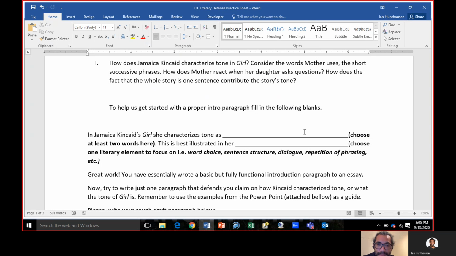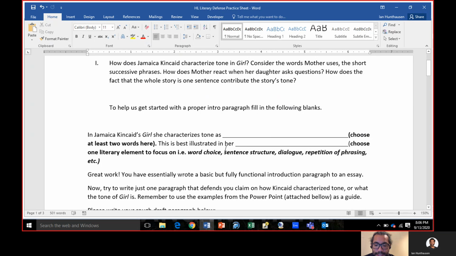We did have some discussion about it. We had the short answer questions that we answered. I don't remember if that was one where everybody did it and I just selected certain people to answer it, or I assigned certain people questions. But either way, you should have them all filled out, because when people are answering them, you should be filling those out too. So it shouldn't take you much time to actually figure out what we decided the tone of "Girl" was, or to figure out a tone for "Girl." And this one might be a little bit confusing, but don't overthink it.